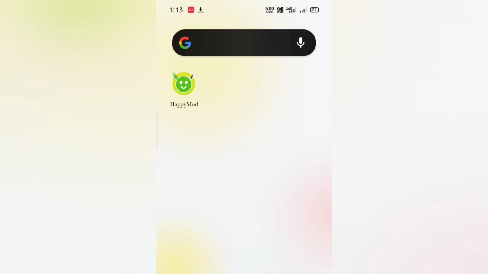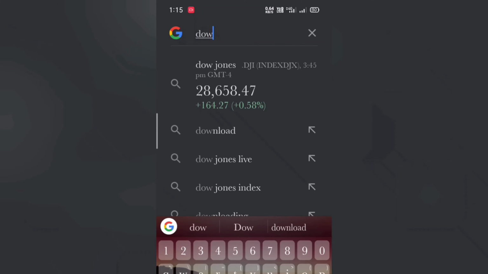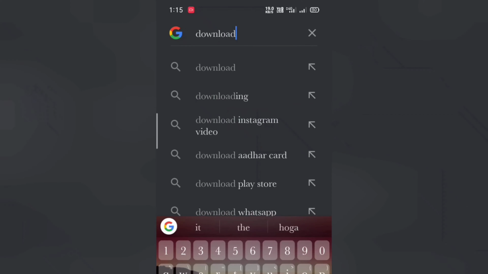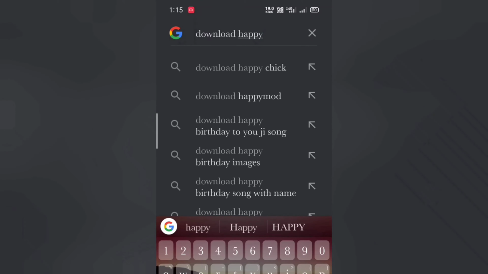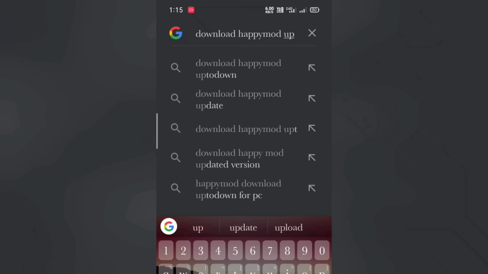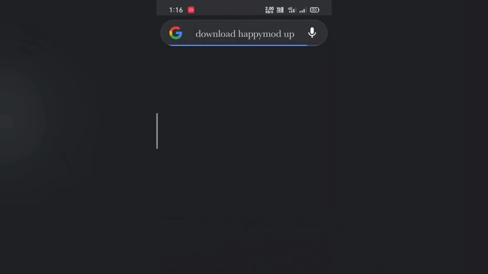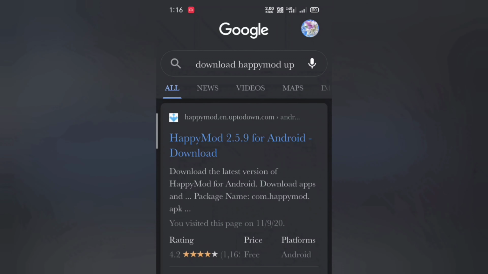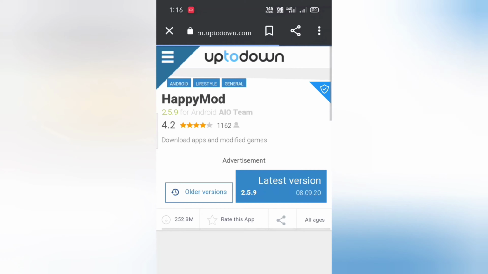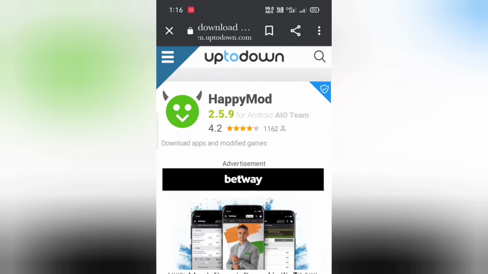So first, download Happy Mod. Just go to Chrome and type download Happy Mod from uptodown.com and follow the steps. There's an important thing I'd like to tell you guys. Games and apps like 100 MB, 500 MB or even 1 GB can be downloaded directly, but games like San Andreas and GTA Vice City require some steps which I am here to show you, because many of you didn't know how to download that and many of you were asking me to explain it.